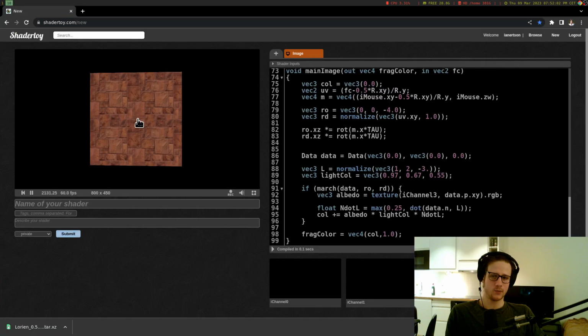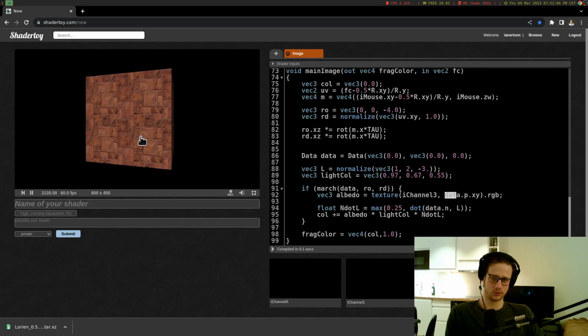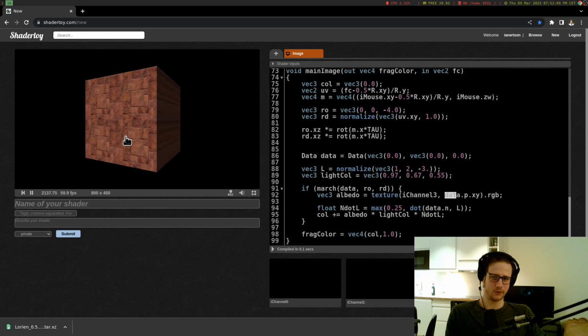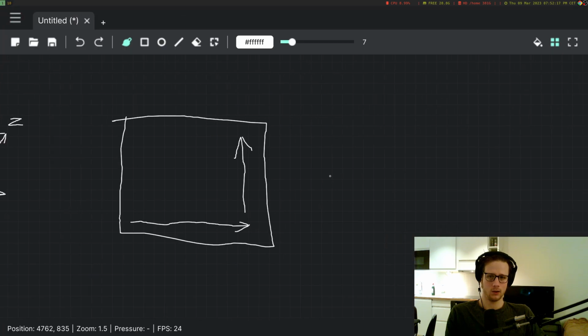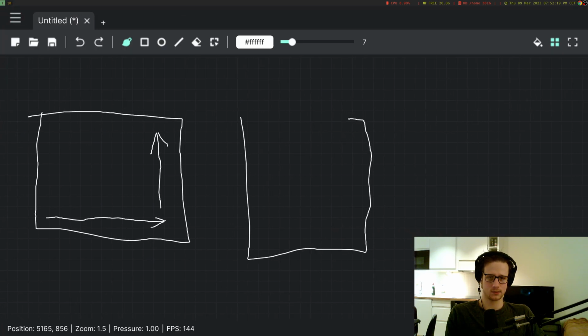So that's the reason why these UV coordinates only work for the front of the cube. For example, if we wanted a UV coordinate for the right side of the cube, we would have to grab the, if we think about the cube like this,